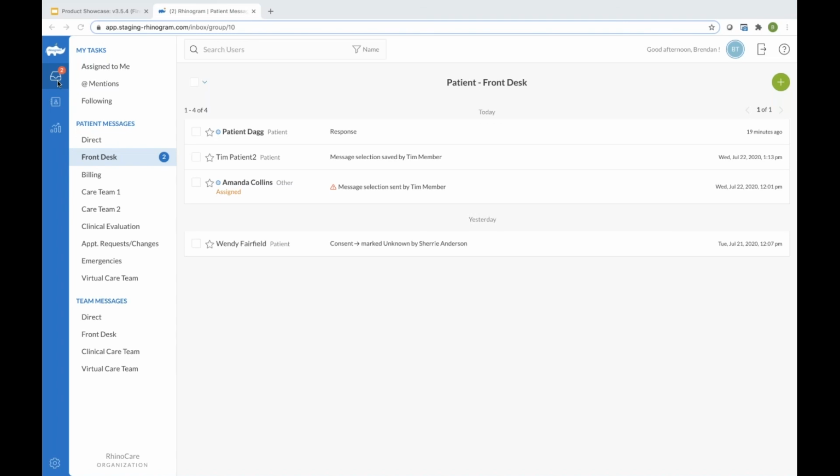First one here is the inbox section. You'll notice when I'm in this panel, it looks as it always has. So we have my tasks, the patient messages, and our team messages as well. No matter where I am in the application, I'm always able to see whenever there are any unread messages. So this number here will always persist no matter where I am in the application. So as I move from